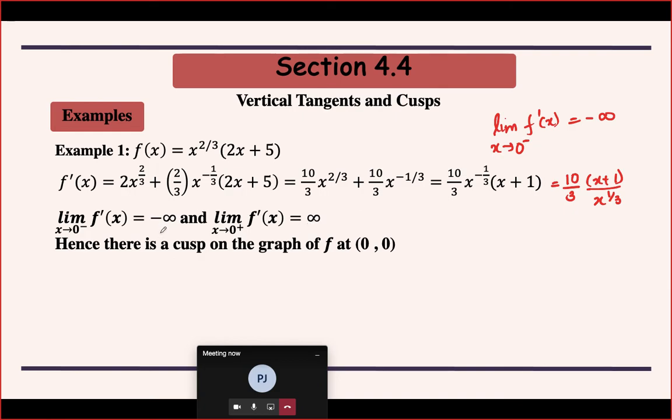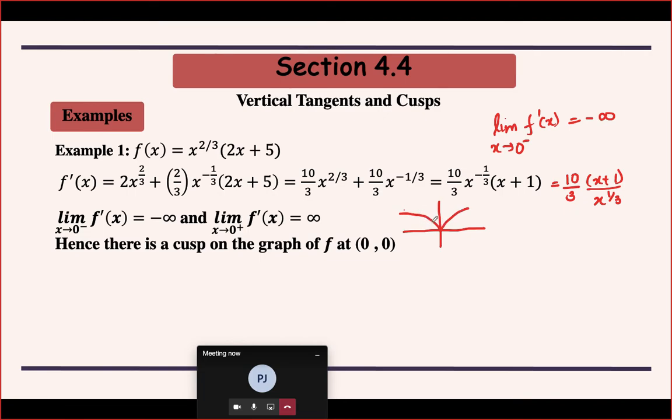Okay, and before the point 0 it is minus infinity, so that means your original function is decreasing. So if I just draw it roughly, before this 0 it is decreasing, so it will come like this, and then after 0 it is going to have a positive derivative, so it is going to be increasing. So close to origin, this is a rough shape of your graph of the function. Okay, so it is having a cusp, and this is how it will look like.